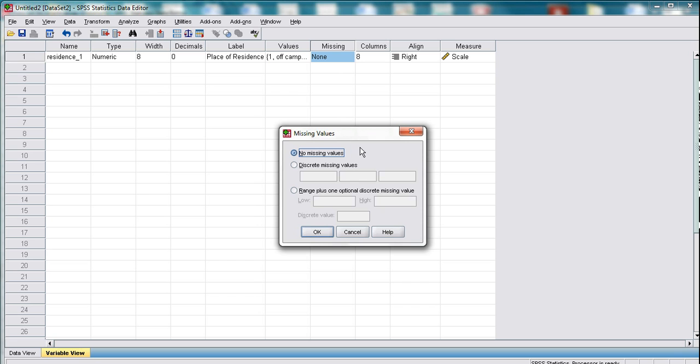Now, the missing values are important because in some cases, we need to define our missing values. Depending on the statistical tests we do, it may count in some situations a blank field as zero, and it can of course affect overall outcomes. We don't want that. What we do here is assign